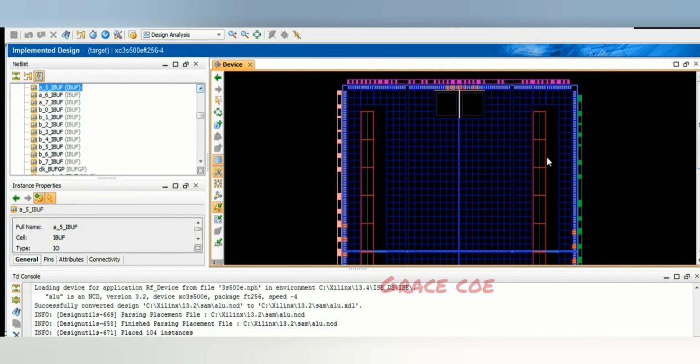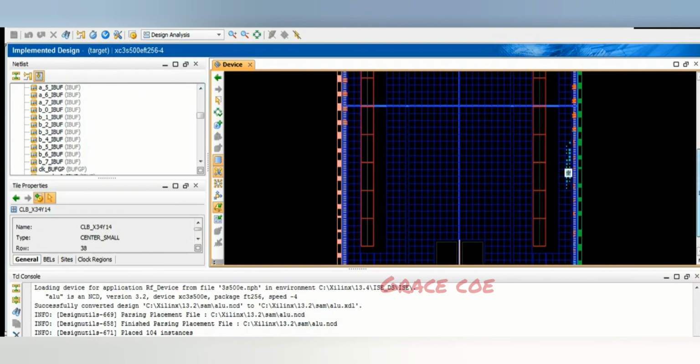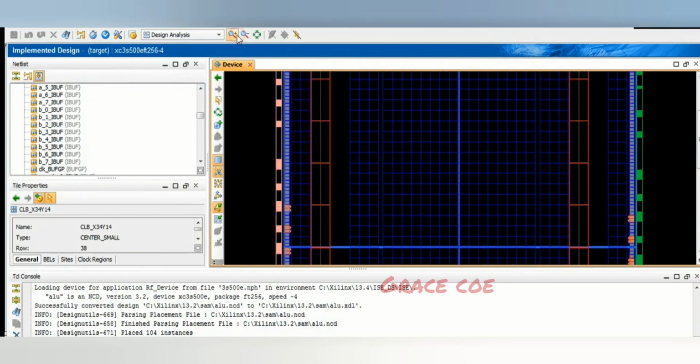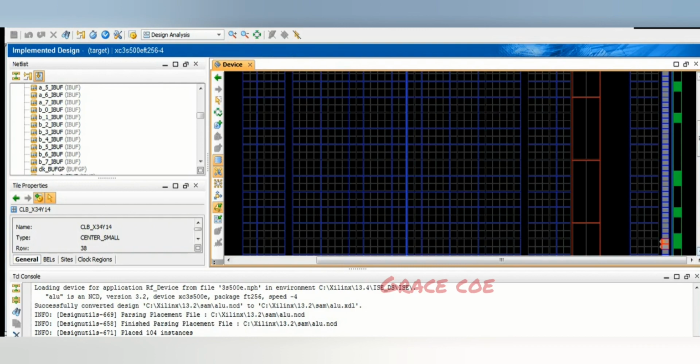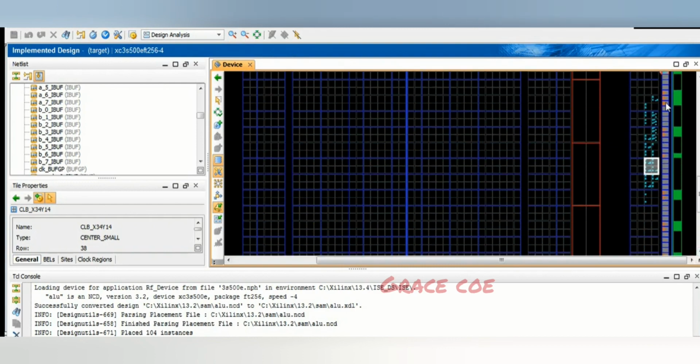So this is the device on which we have placed and routed the design, and you can view the connections for the placement over here.